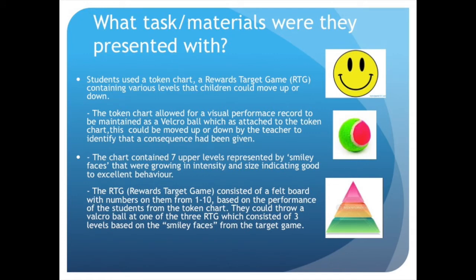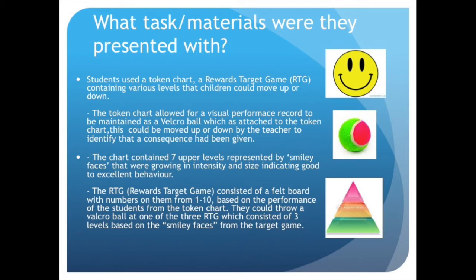What task or materials were they presented with? Students used a token chart and a rewards target game containing various levels that children could move up or down. The token chart allowed for a visual performance record to be maintained as a Velcro ball, which is attached to the token chart. This could be moved up or down by the teacher to identify that a consequence had been given. The chart contained 7 upper levels represented by smiley faces that were growing in intensity and size, indicating good